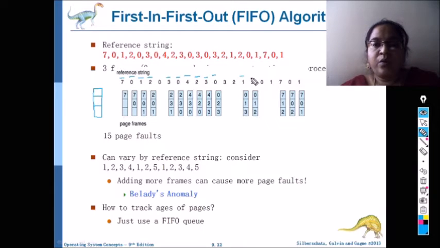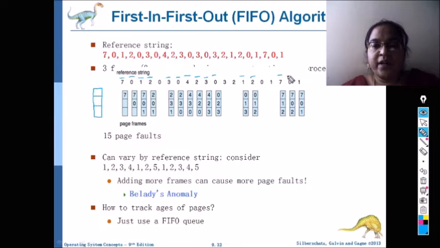Now 2 again you get a page fault because it is not there in the memory. Among 0, 1 and 3, you have to replace 3 because this is the first which has come in the memory compared to these. Now you have replaced 3 by 2. Now for 0 there is no page fault, for 1 there is no page fault, because they are already there in the memory. For 7 you get a page fault because it is not there here. Among 0, 1 and 2, it is 0 which has come earlier, so you replace page 0 by page 7, so we have 7, 1 and 2 in the memory.